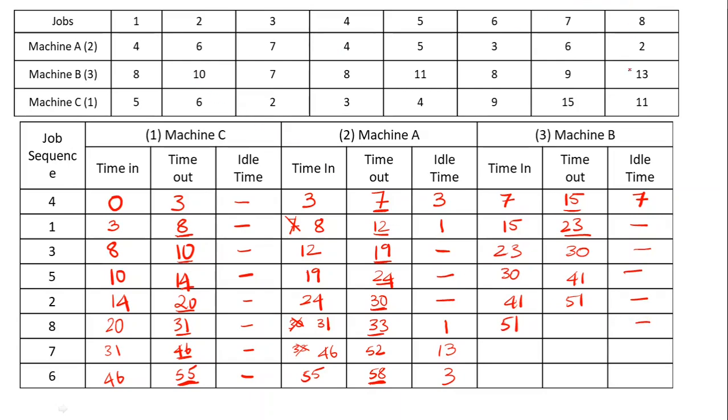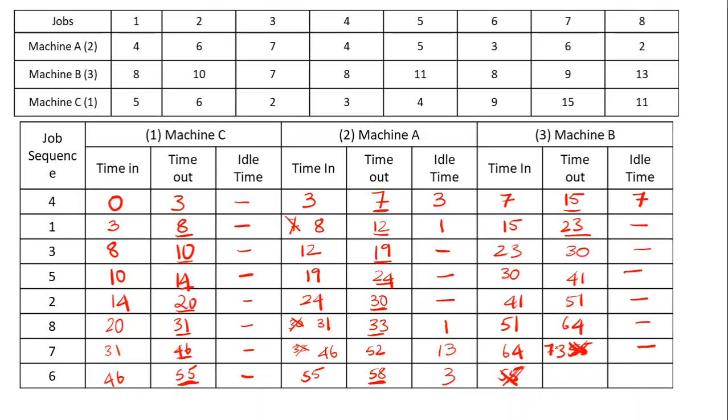Job is 8, so we have 13 hours for it to get completed, so it is 64 hours. 64 and 52, obviously 64, no idle time will be present, and the timeout value is again 7, and it takes 9 hours. So this is 64, we have filled up 64, this is wrong, so it's the 7 job, and it is 9, so it is basically 73, not 55, sorry for that mistake.